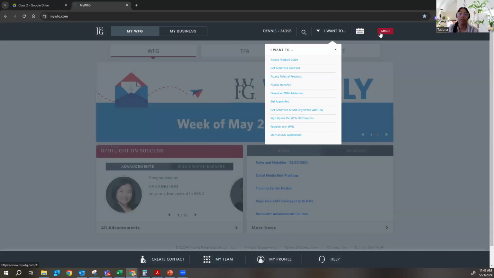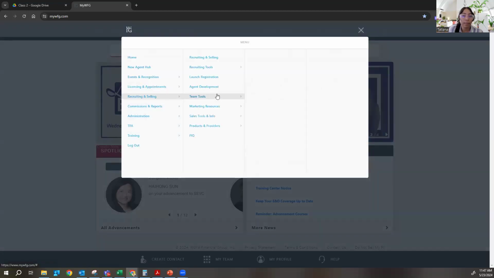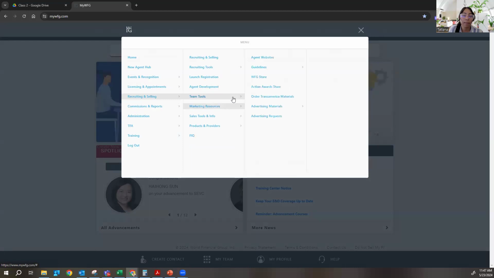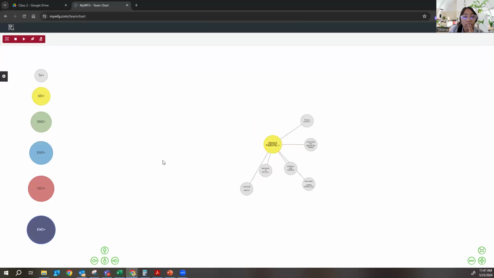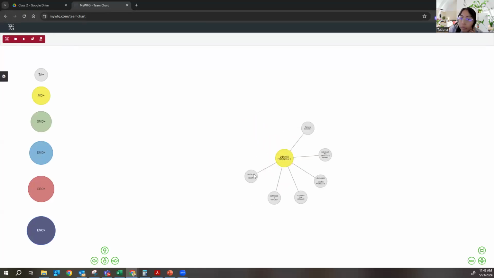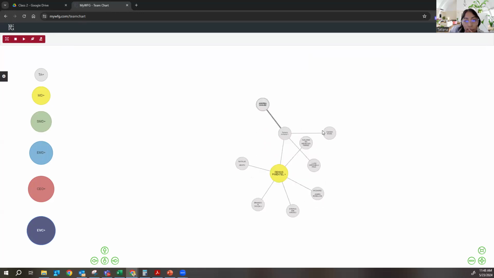Okay, so you go here under menu, and you go to recruiting and selling. I think it's this one. No. Here it is. Under team tools, yours says hierarchy visualization chart. You click on here, and there you go. It tells you these are your direct legs, right? And with you, I can expand on you, and you can see how it says Osama, Andrea,